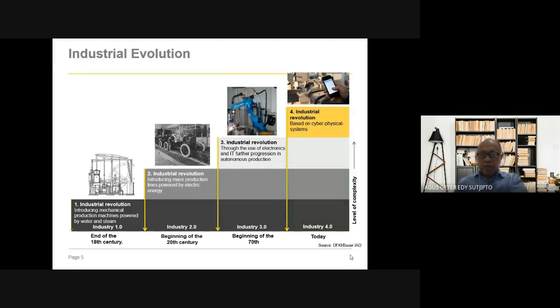And then when robots and electronics developed in IT, specifically in the 1970s, then Industrial Revolution 3.0 started. This is when we can use automation production using robots, and then the precision improves and the faults and mistakes will be reduced, because robots do not get tired like a human.